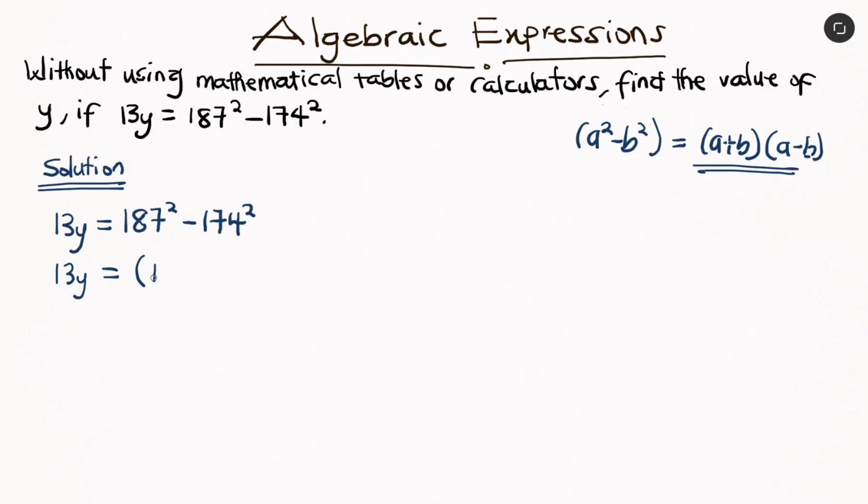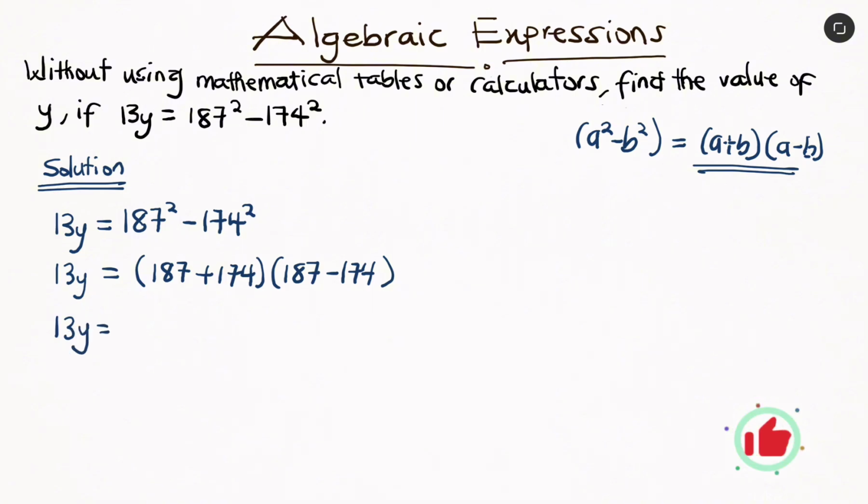So we'll have 187 plus 174 in one bracket, then multiplied by 187 minus 174 in another bracket. So we will maintain our 13y to be equal to, so 187 plus 174 will give us 361,